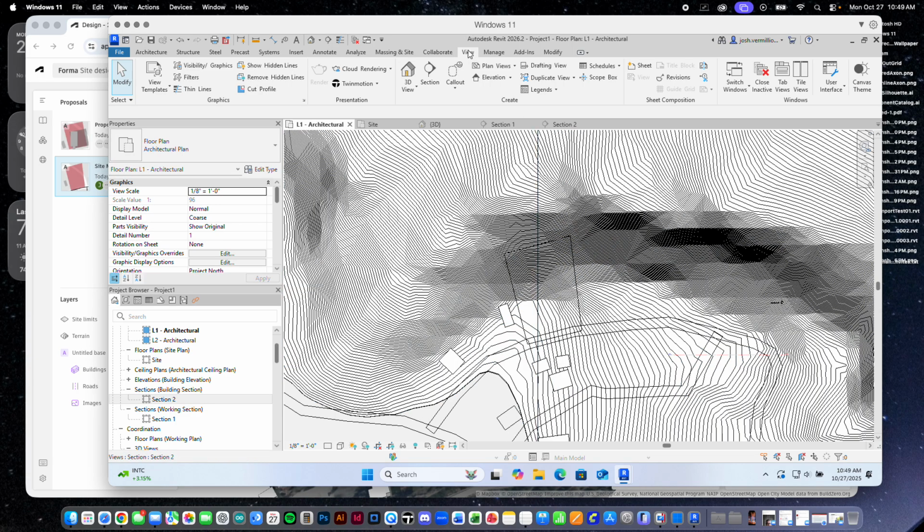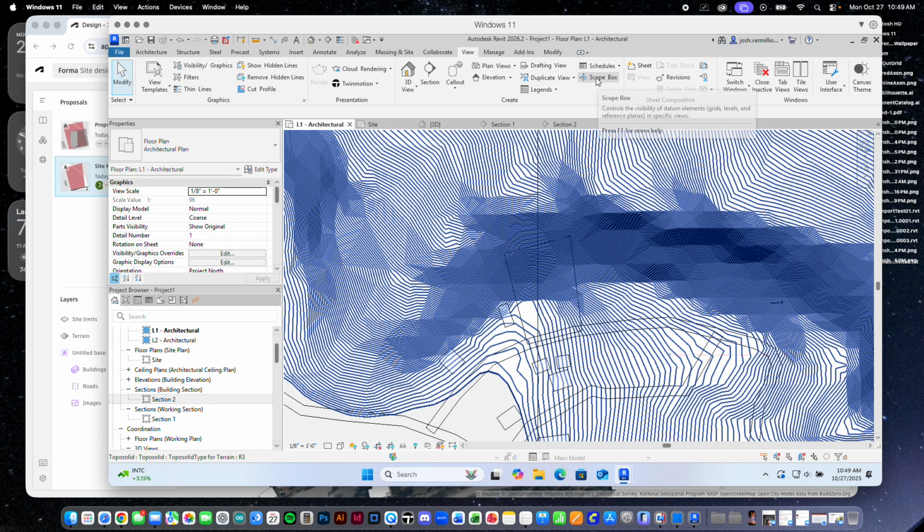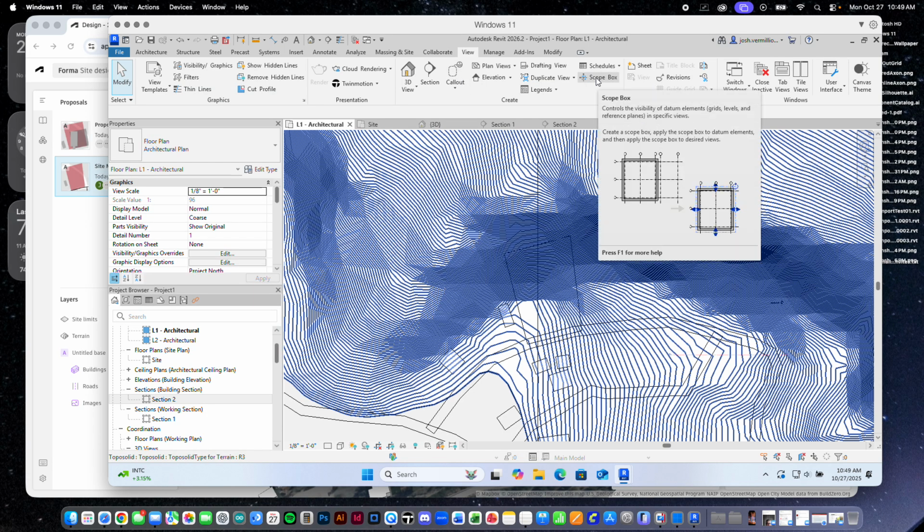If I go again to the View tab, and I'm in Plan, there's an option up here called Scope Box. I can make my own scope box now. The arbitrary ones that were made in the template for me, we got rid of those. We wanted to get rid of those. Now I can make my own, and you'll see that as an option when you want to add a scope box. Okay. So watch what I do, and then I'll go back and we'll recap